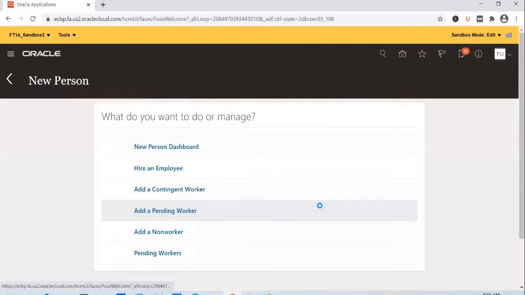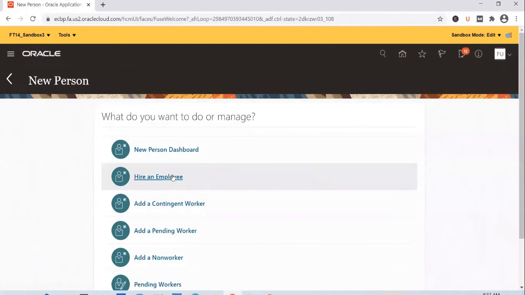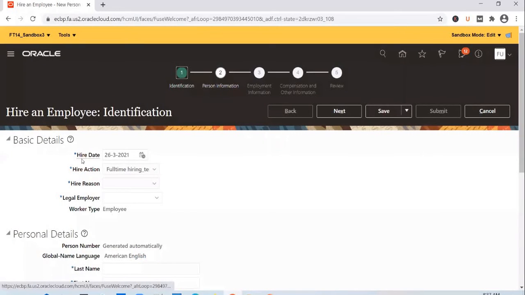It's a known bug. Click on it one more time and you should see the navigation options. Click on hire an employee. And you see the label, and I need to change the label of this particular field.